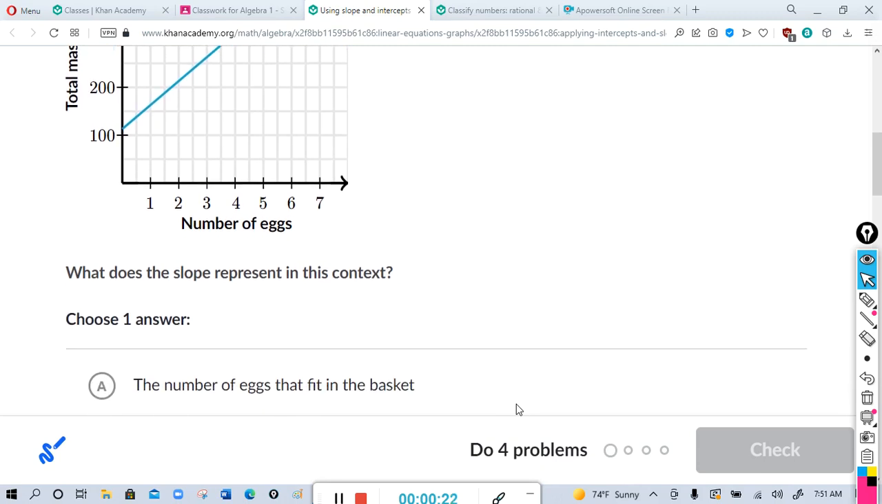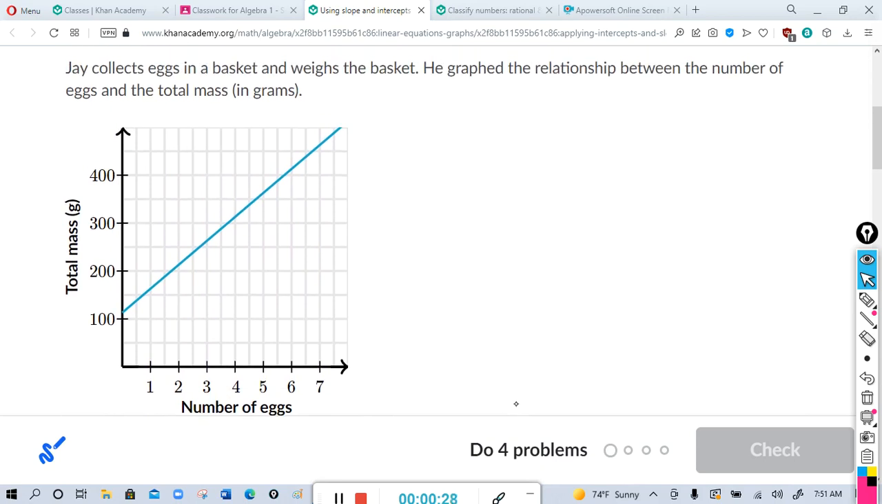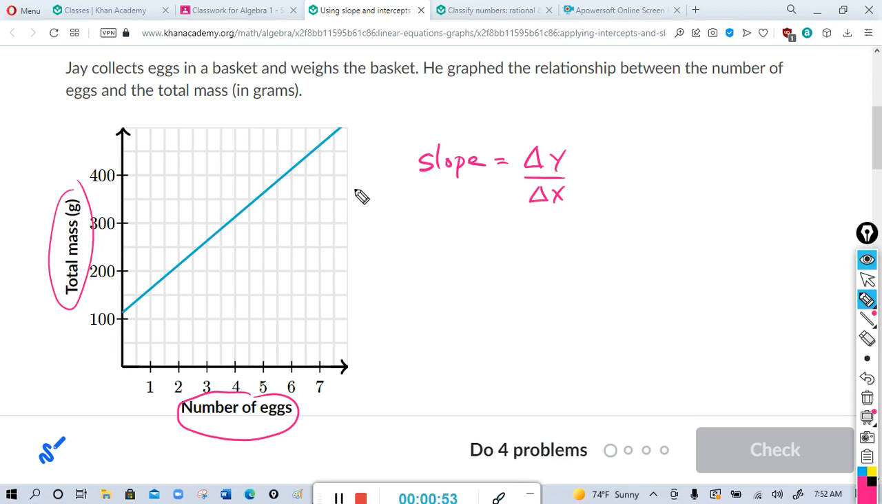All right, before you go to the multiple choices, I would try to figure it out without looking at the choices first. Okay, so if you recall, slope is change in y over change in x, and they want to know what the slope represents. Well, the y is the mass, and the x is the number of eggs. So the slope represents, since the change in y is mass and the change in x is the number of eggs,